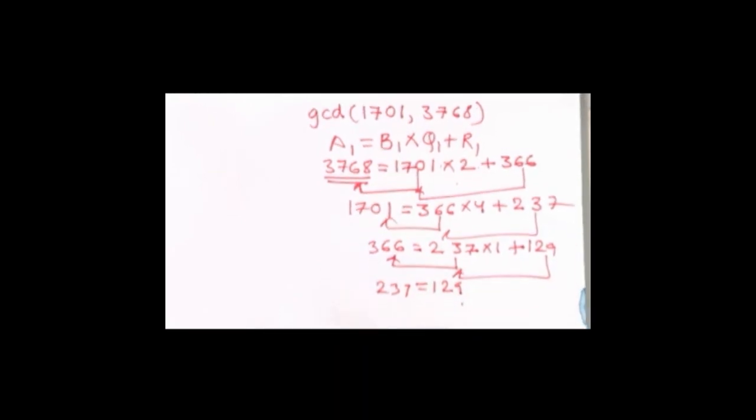What to multiply to 129? Simple one. Plus to that if you add 108 you get 237. Okay, after this swap the numbers, which is you get 129 equals 108. What to multiply to 108? Simple one. Plus what to add to 108 to get 129, which is 21. And after this swap the numbers. 108 will come here, 21 will come here.